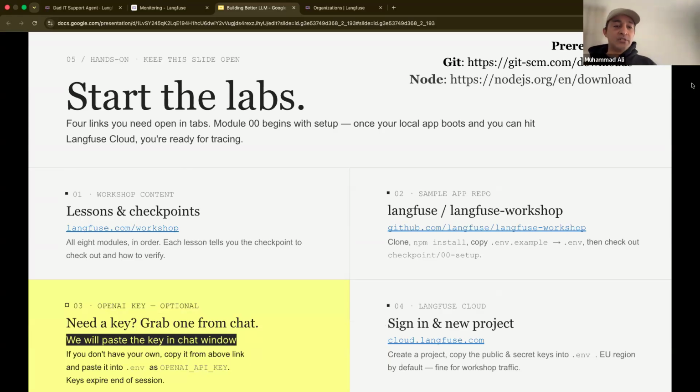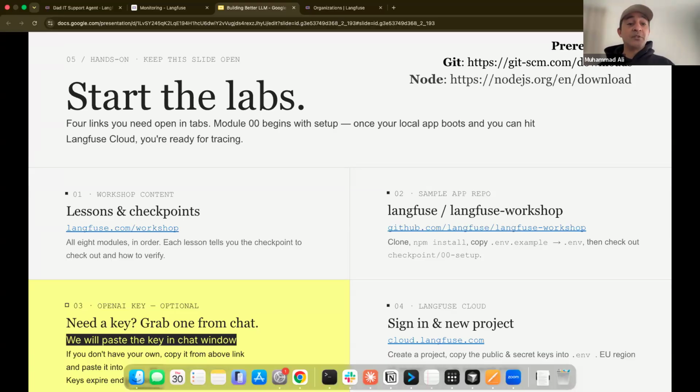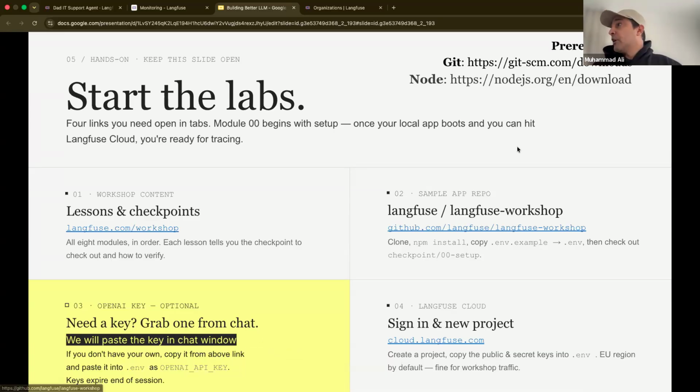So how do we start this lab? Because there are a number of attendees here, I am going to ask you to check if you have those prerequisites already on your laptops. If not, I'll give you a moment to go to these websites in the top right. We need Git, so you should be able to pull the repository from GitHub.